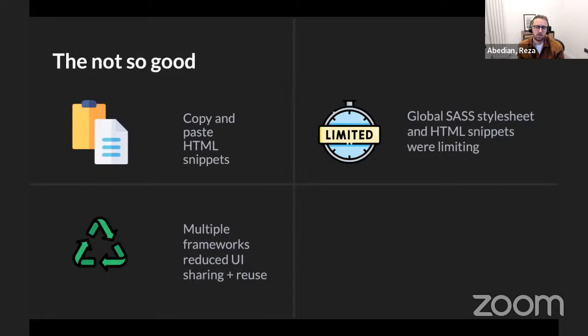And finally, when we wanted to build more complex components using third-party open source libraries, quite often each framework had its own go-to library. So for typeaheads, for example, React had one that was really good, Angular had another one that was really good. But when you put the two of them side by side, they had completely different UX. So it was very difficult to achieve consistency across multiple frameworks.